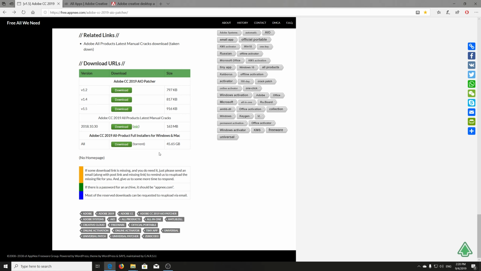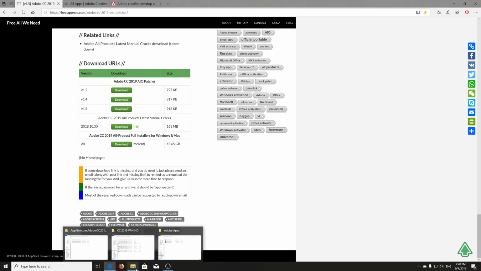So you first download from the torrent what you need. Then if you install the Creative Cloud, you also download the manual cracks, and after you download them,